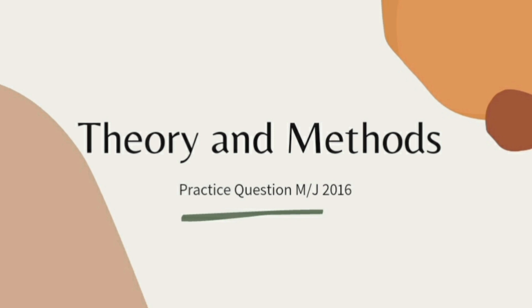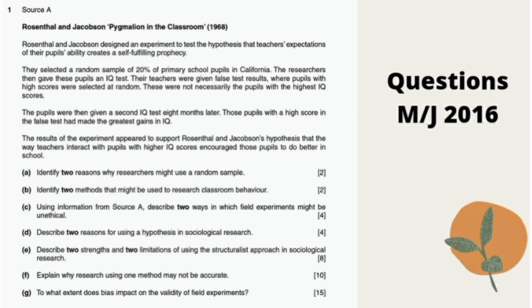So it's question 1. It's from Theories and Methods, and as you all know, Theories and Methods you get a compulsory question in Sociology O-level. And in this question, we have a short excerpt before the question, so I'm just going to read that with you. Rosenthal and Jacobson designed experiment to test the hypothesis that teachers' expectations of their pupils' abilities create a self-fulfilling